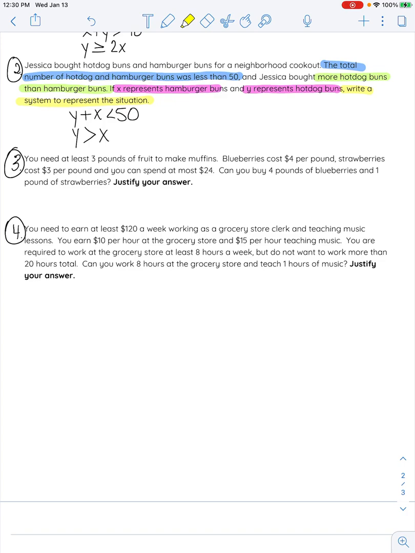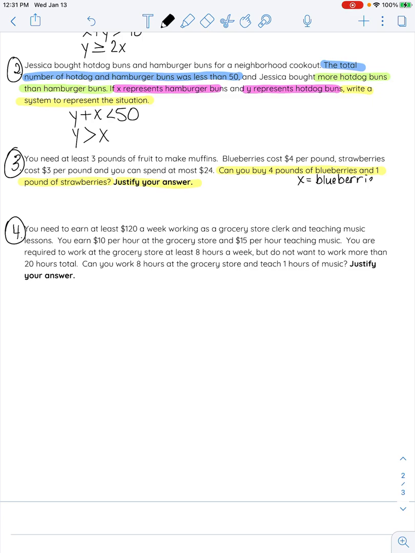Can you buy 4 pounds of blueberries and 1 pound of strawberries? And then it says to justify your answer. So in this case, we're going to have to go through all of our steps. First, we'll have to identify our variables. So what is this story or this problem about? Well, it looks to me like it's about blueberries and strawberries. So I'm going to say X is the number of